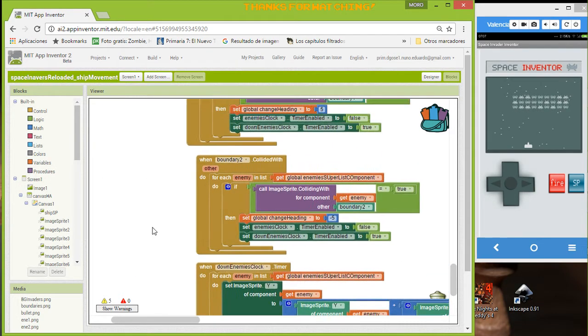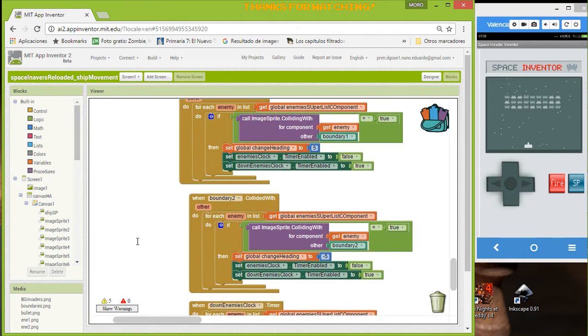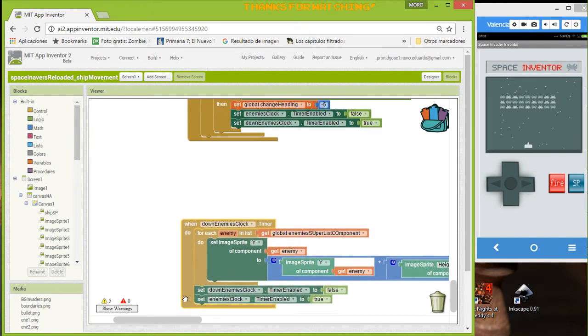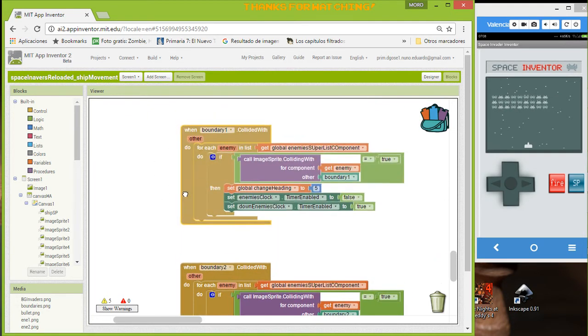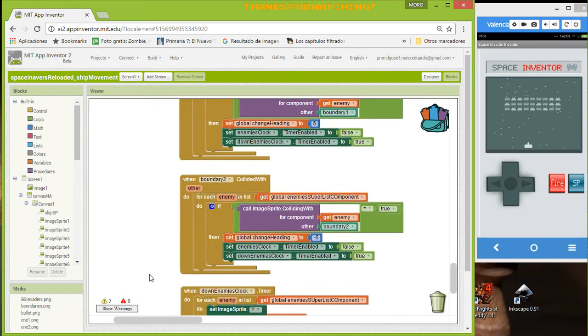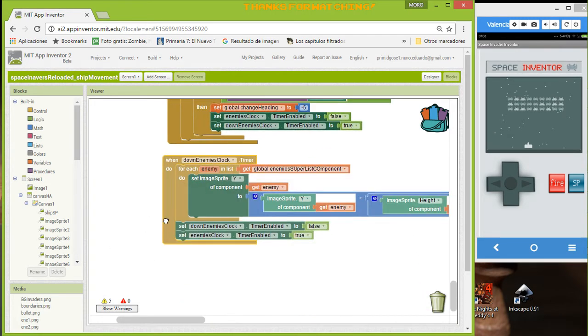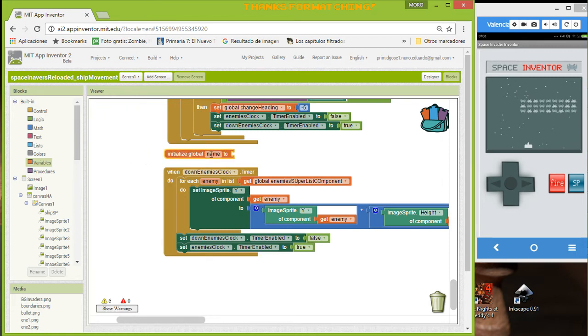But before that, you know what, I'm going to show you how to make the game more interesting, because right now it's quite boring like that, because it's pretty slow. So we are going to use this boundary stuff. So we want to change the speed of the enemies little by little. So we're going to check in the down this clock that is getting down everything. And we are going to create a new variable, and we are going to call it